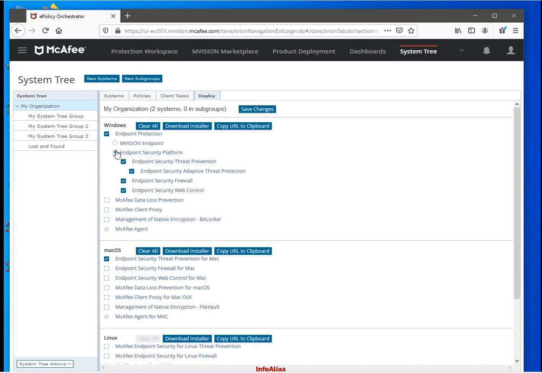So we are just going to select the Endpoint Security Platform, and we are testing all these features on the Windows machines. So we have just selected Endpoint Protection and Endpoint Security Platform. By selecting this, I can select and deselect the products which we don't want, so we can just deselect. And if you want some other product as well, we can put the check over here. So we will install it automatically, and we will see how these products are going to be installed.